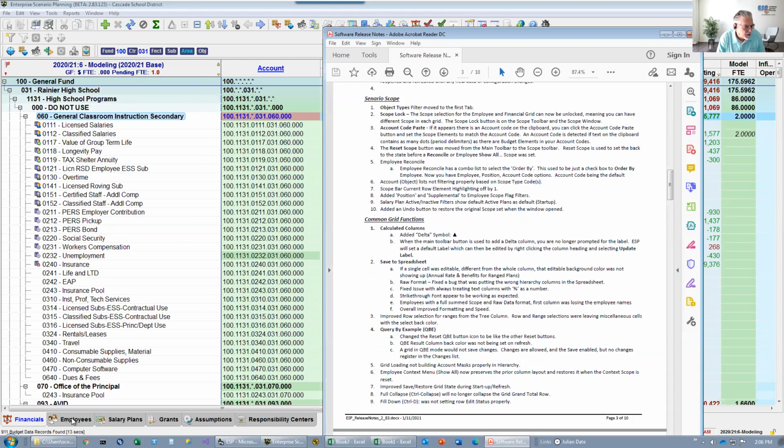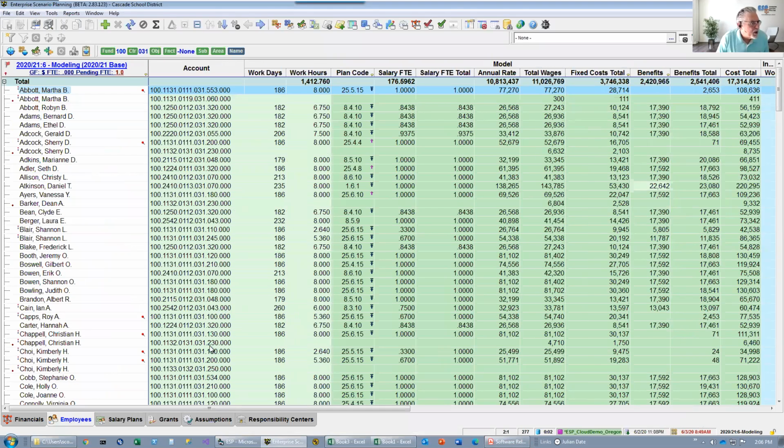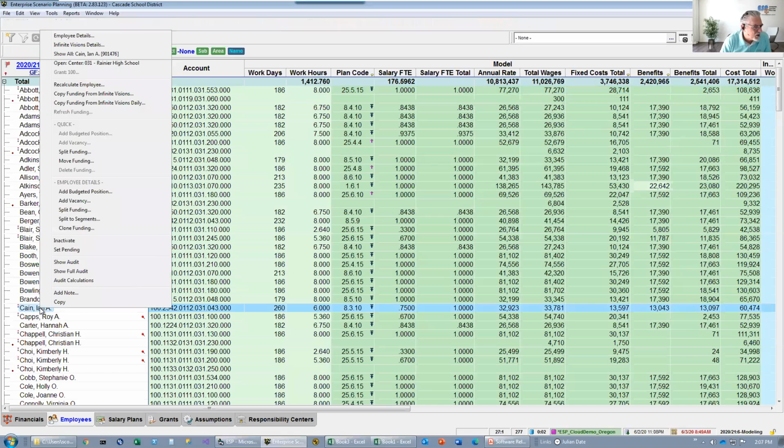Okay, employee grid loading. When you're working with the employees, most people hopefully know by now that an employee with the little blue-red boxes next to them in the hierarchy or tree indicate they're split funded or they have multiple fundings. In this particular case, just because we have everything summed up, if we have multiple employees, they're probably showing up side by side. Well, here's Kane, Ian Kane. He's got multiple fundings, but if you're sitting there wondering, where else is he in the budget? You can right click,